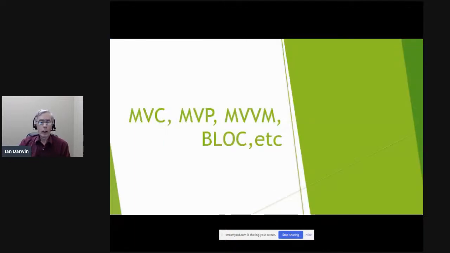So in mobile, well, in application in general, we have a variety of patterns with names like these. MVC, you're probably familiar with. It's the model view controller. It's the oldest one. It dates from the mid 1980s at Xerox PARC, Palo Alto Research Center, where a small gang of people who, by the way, invented almost everything, including object-oriented programming, laser printers, file edit view menus, graphics, a whole bunch of things, desktop computers, laptop computers, tablets. The first tablet was called the Pad. Wonder where Steve Jobs got the name for his tablet. Anyway,